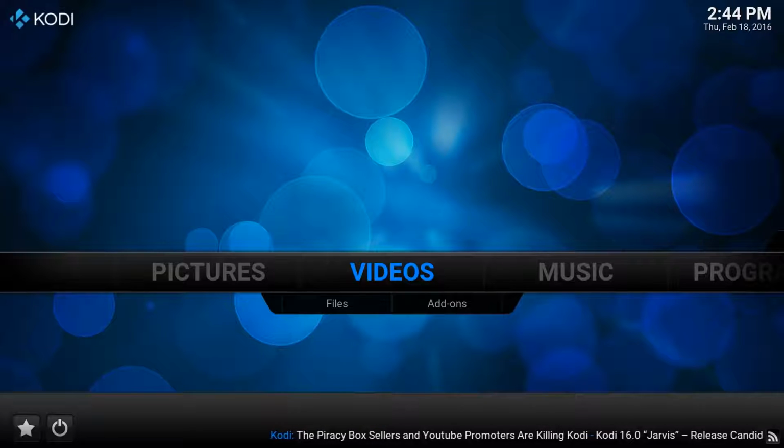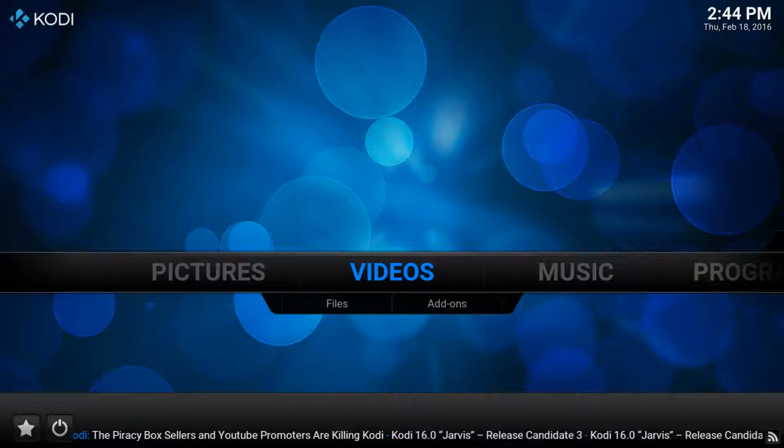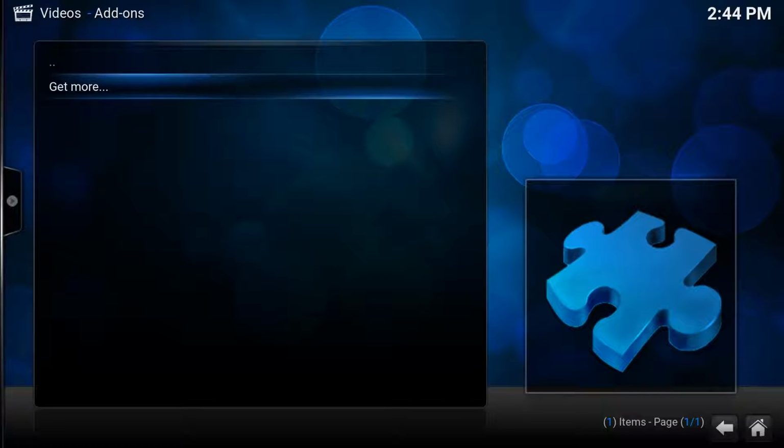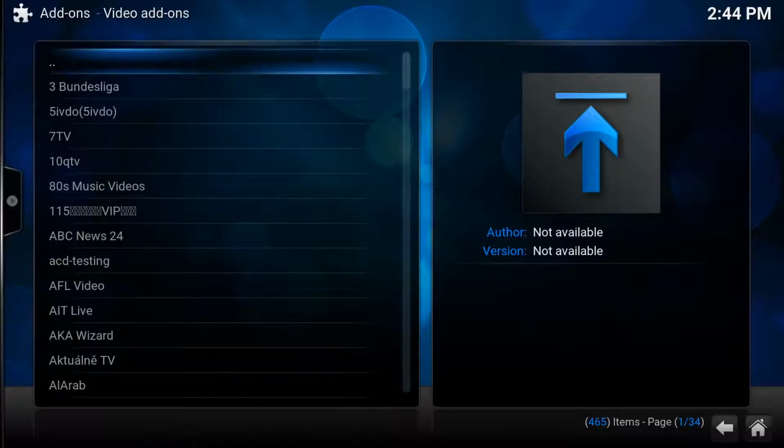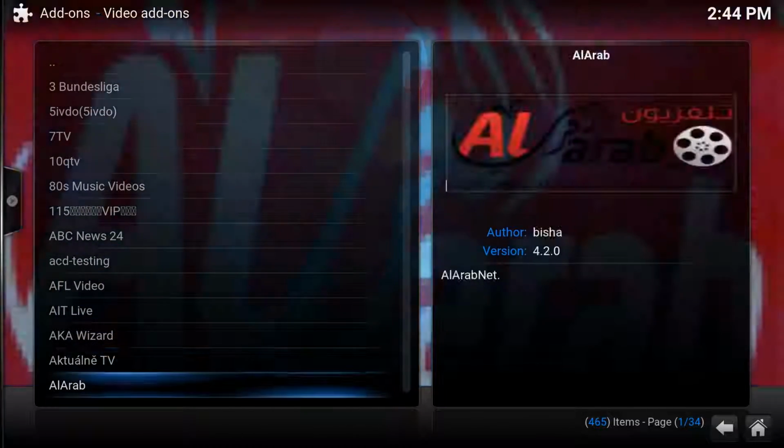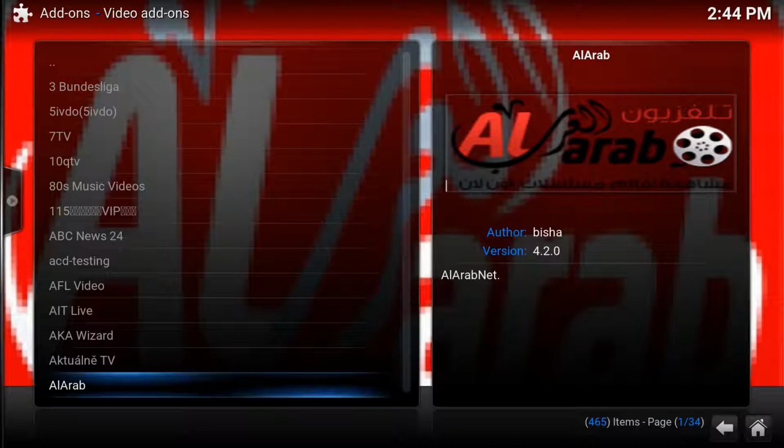It's not done in the normal way of install. The normal way you would install your apps is to go into, say for example you want a video app, in other words, to play your movies or whatever. You go into videos, add-ons. You've got none installed, so it won't display any, so you go into get more. And it would bring up all your video add-ons, and because we've added those repositories, it wouldn't just look for the standard ones, so you'd get the ones that aren't normally available.